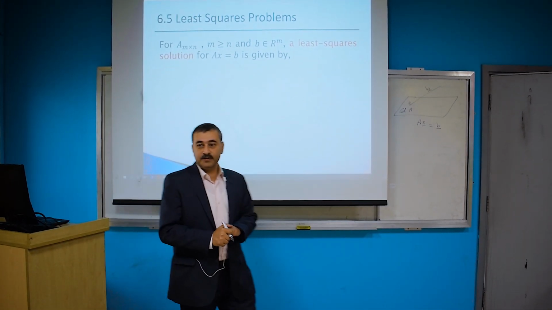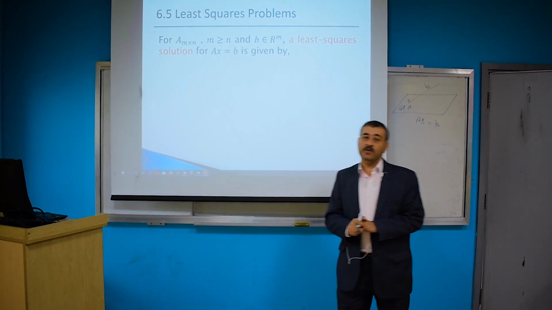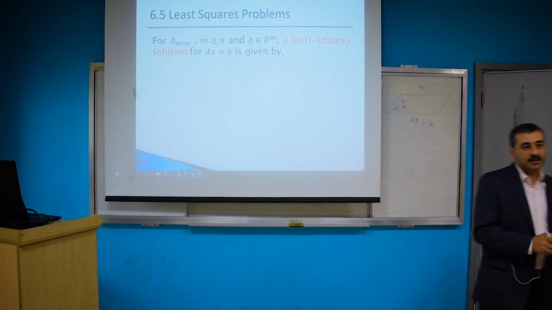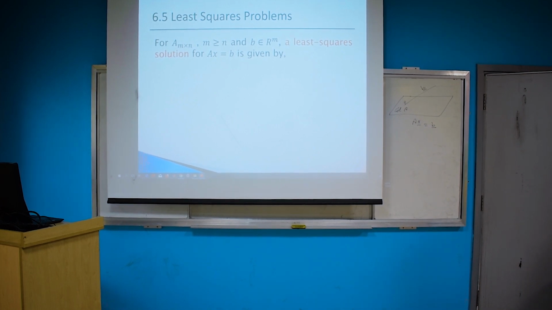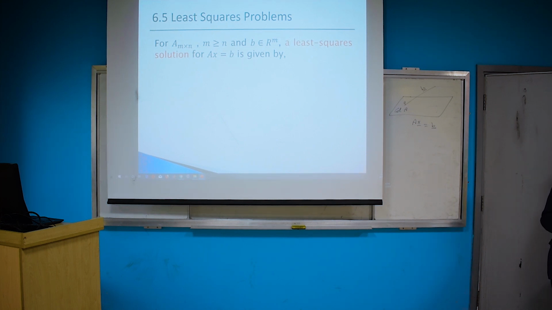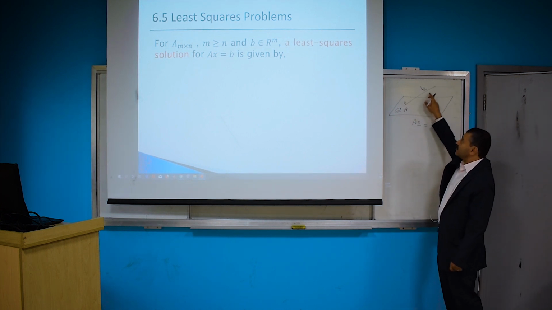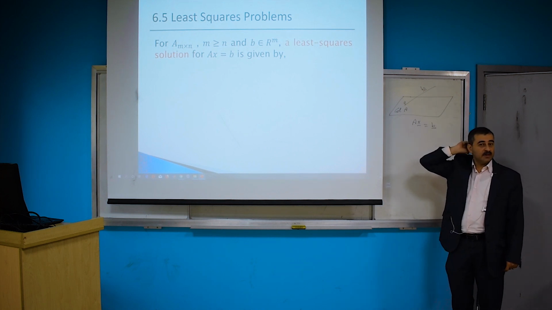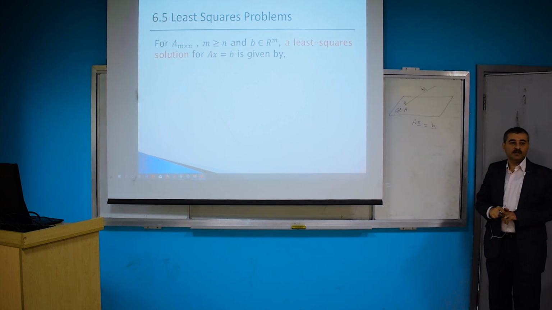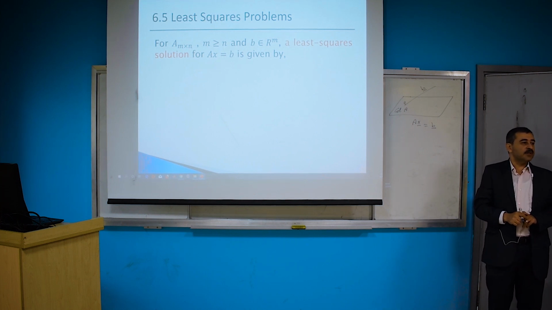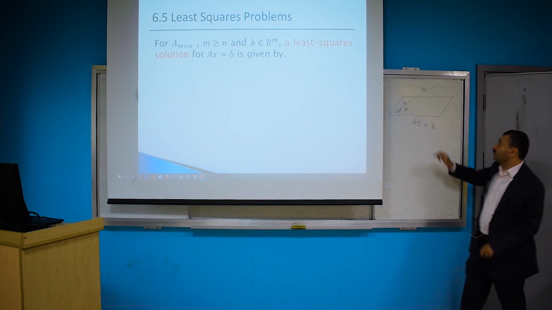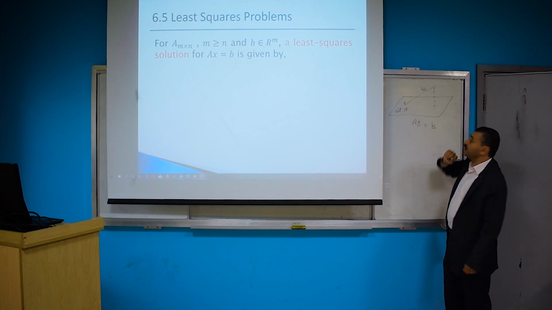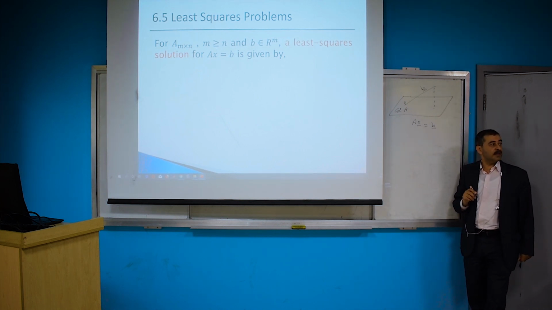In the previous lecture, if you remember, we talked about solution of the overdetermined system. When you have Ax equal b, you have many equations and few unknowns. You will usually get a contradiction between the equations and you have no solution. So in this case, you have b does not belong to the column space of A, and we found in this case what is called the least square solution, which we actually projected b onto the column space of A